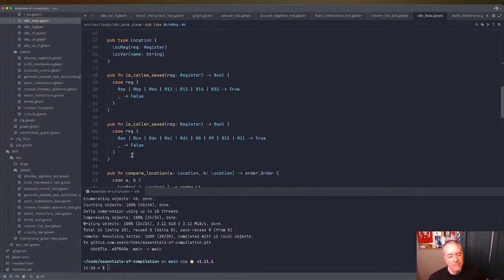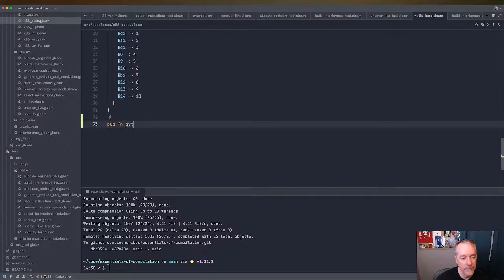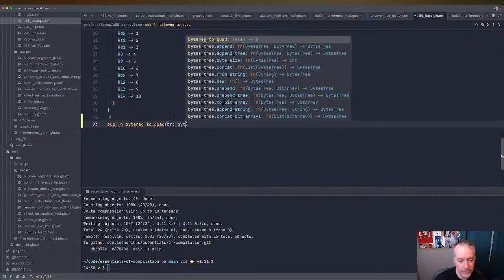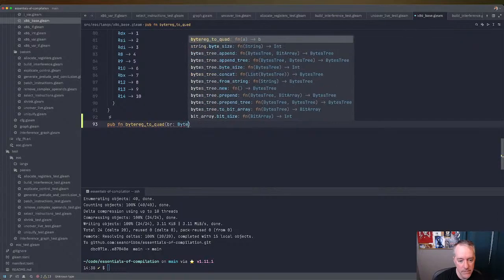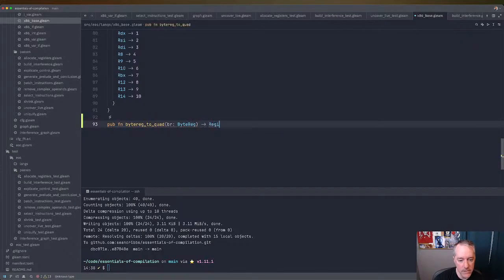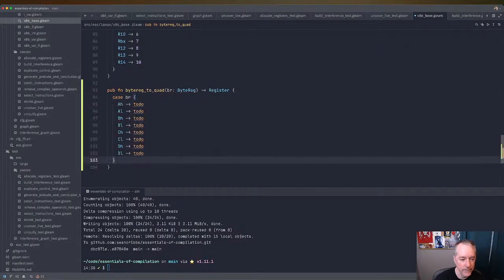Let's make a little function here. We're going to call it this, byte reg. Okay, and this is going to return a register, right? Because what I want to do,